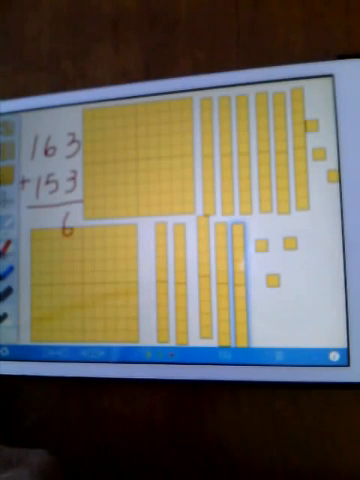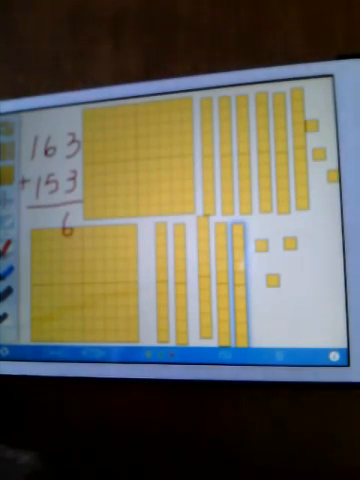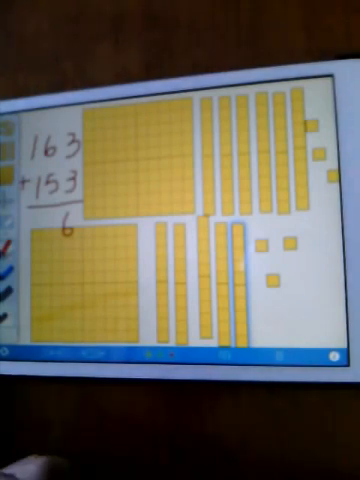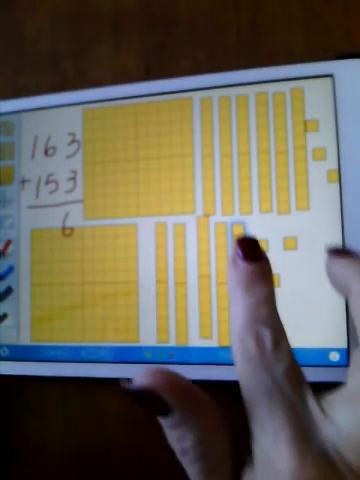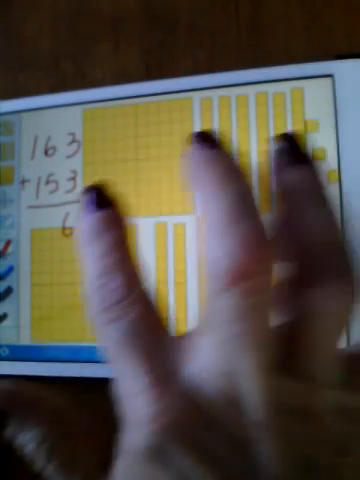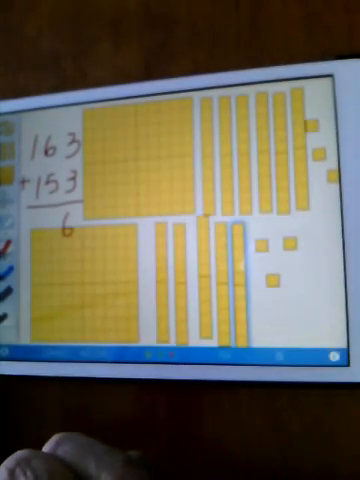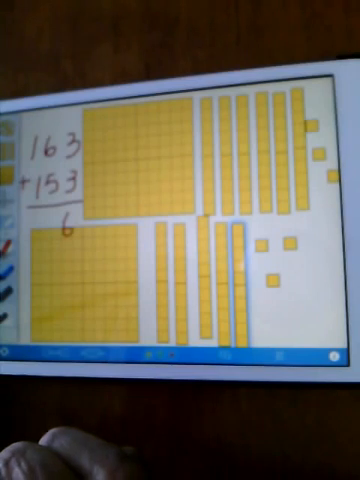But this time, the regrouping is a little bit different because we're not regrouping ones for 10 sticks. This time, we're regrouping 10 sticks for 100 blocks. And you have to take 10 10 sticks to trade for a 100 block because they both equal 100. So we have to take out 10 of our 10 sticks and we have to trade them for a 100 block. So to do that,